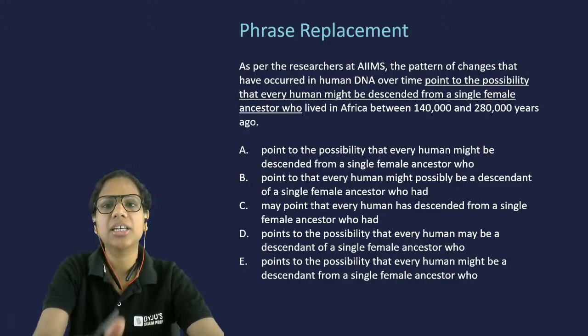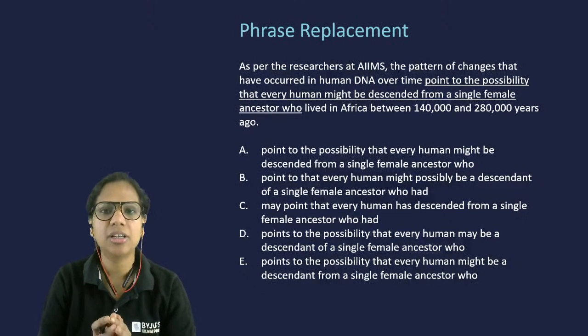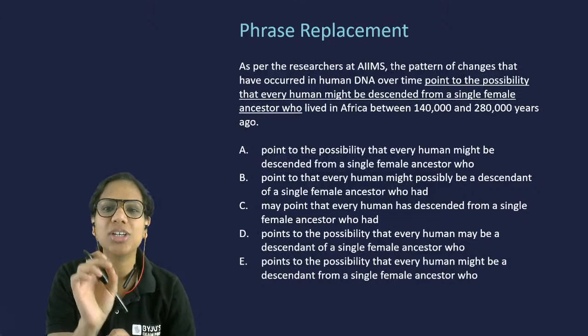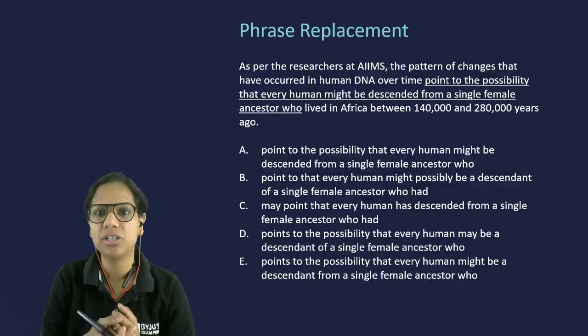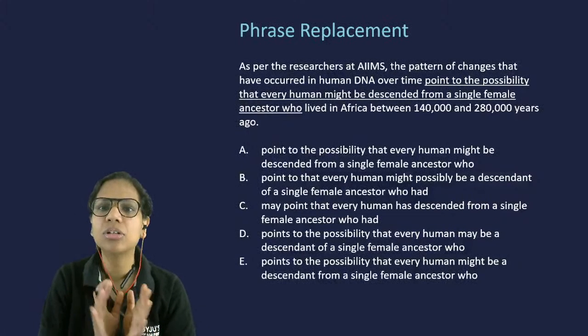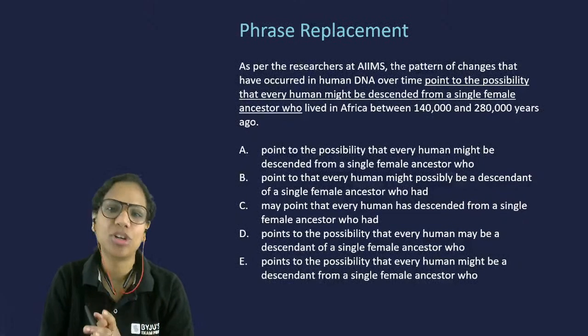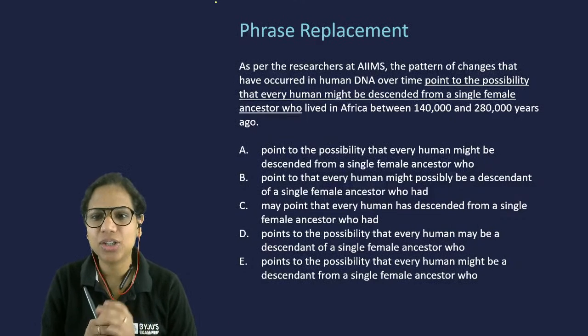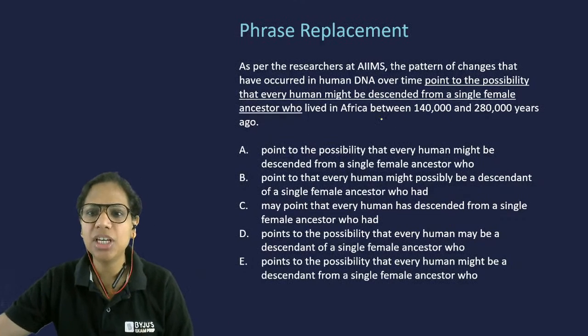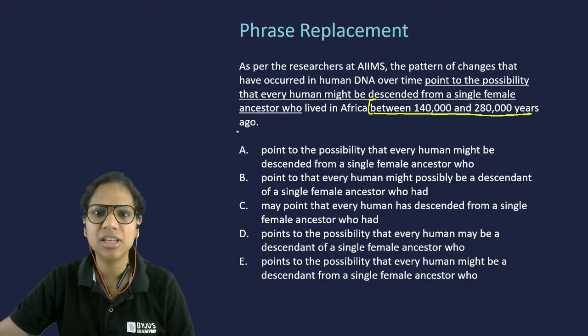So here, see, these are the kinds of questions you get. Your examiner usually does not tell you that we are looking for a verb error, a tense error, or a subject verb agreement error. Usually, this is not told to you. You have to spot the errors, right? So one thing that you will notice here, we are giving the time period also, right? When the ancestor lived,